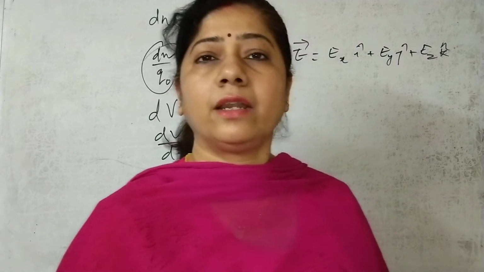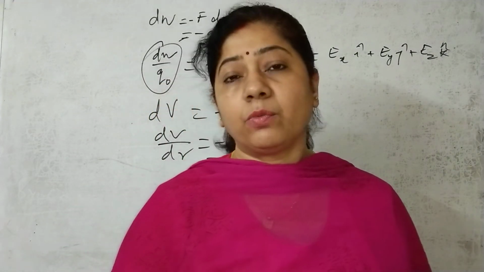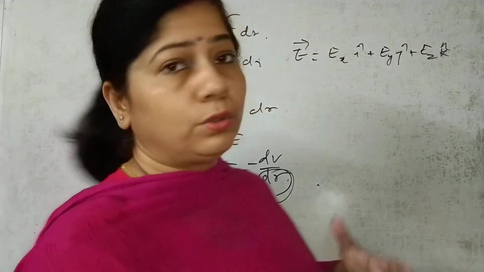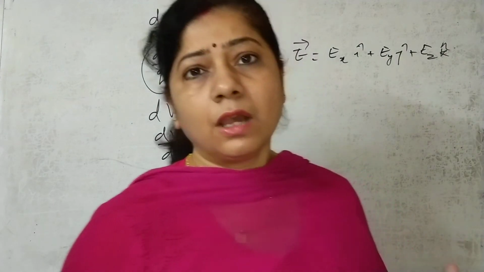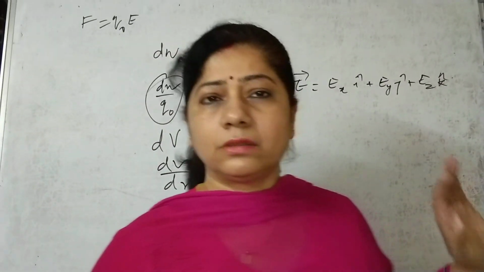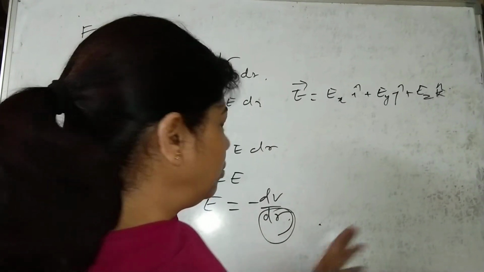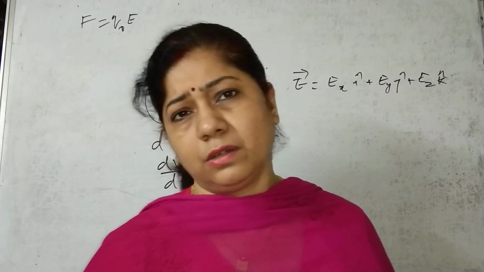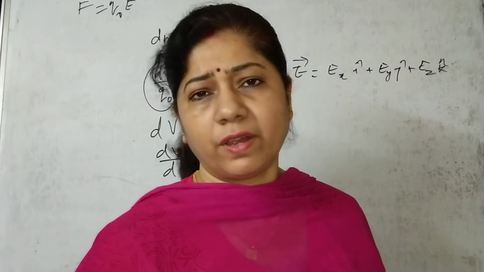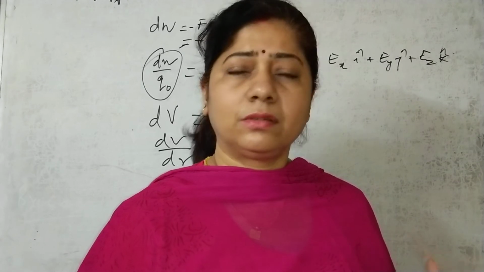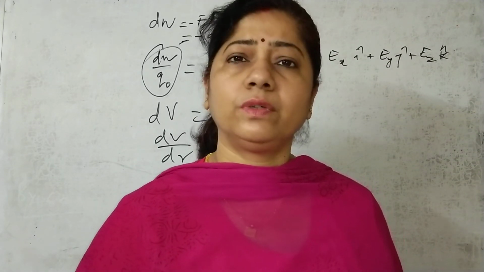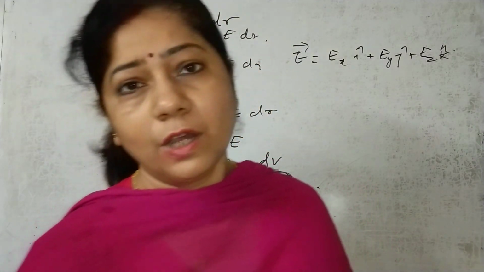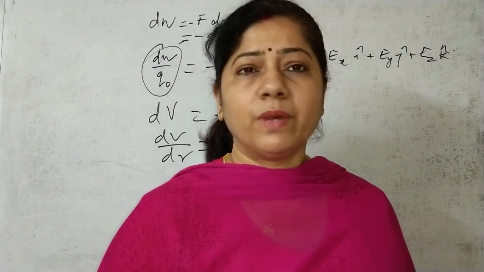What I really want to tell you all, and what is very important, is that when you are doing it with this relation, don't go much into the details of this, because it is not required. Just remember the relationship E equals minus dV by dr. Do very simple numerical problems based on the electric field and the distance, and then find out the potential, and just do enough numerical problems. When you do the numerical problems, you get the actual problem, and then you relate it accordingly. Okay, so I hope you must have understood this.